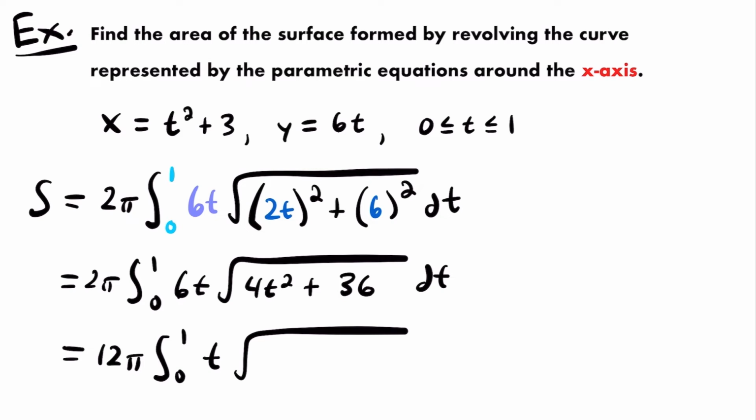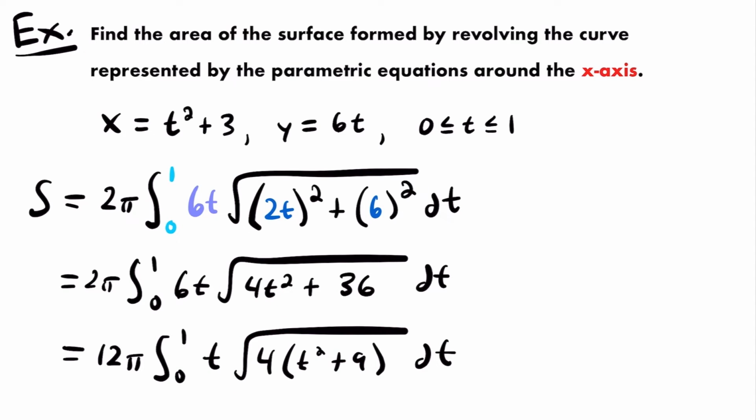We can pull 4 out of 4t squared and 36. 4t squared divided by 4 will be 1t squared, and 36 divided by 4 is 9. So we'll have 4 times t squared plus 9 dt. So we pulled 4 out of both of those terms, and now we can take the square root of each